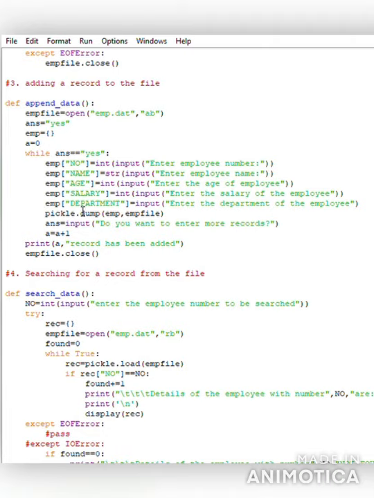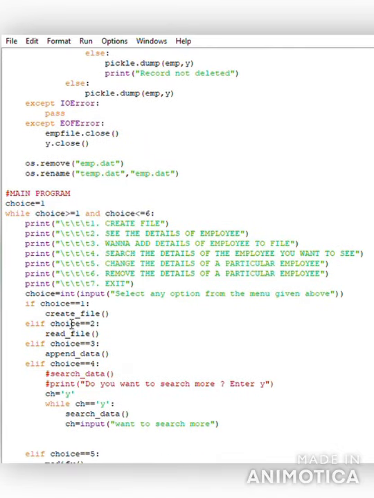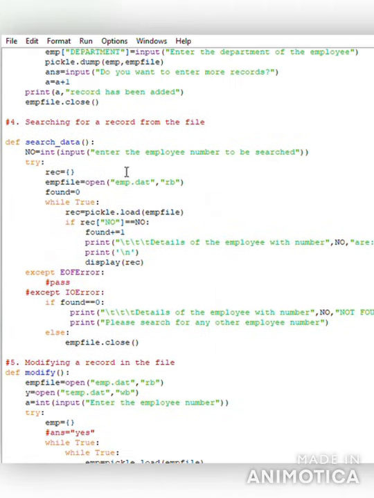Now from the main program, as you can see, if we choose option 4, a choice is being asked, and then the search data function is being executed. We have taken a variable no to ask the user which employee he has to search.